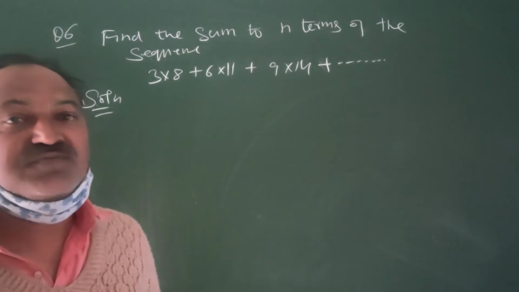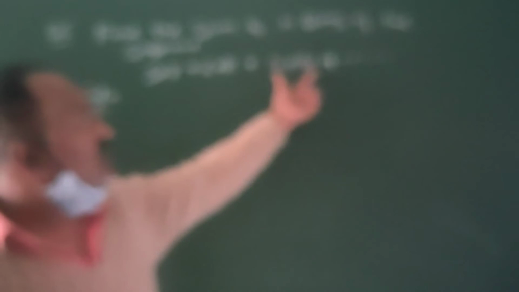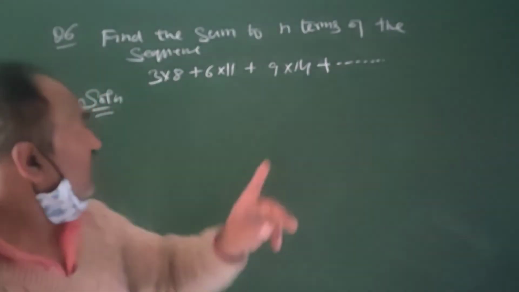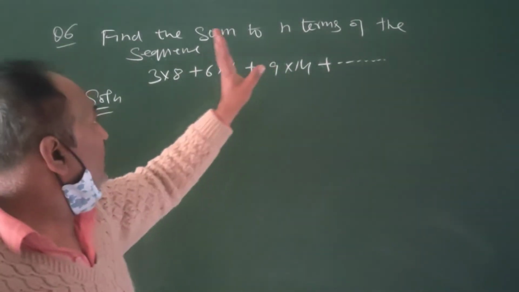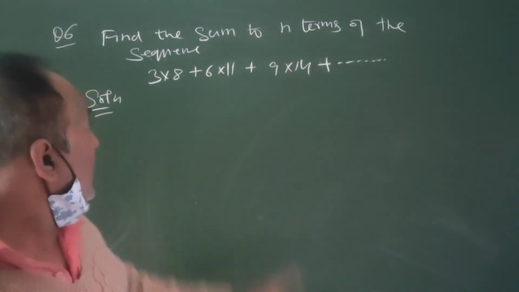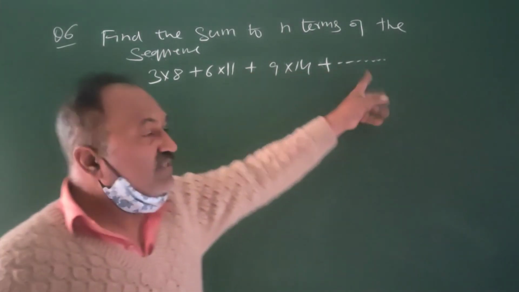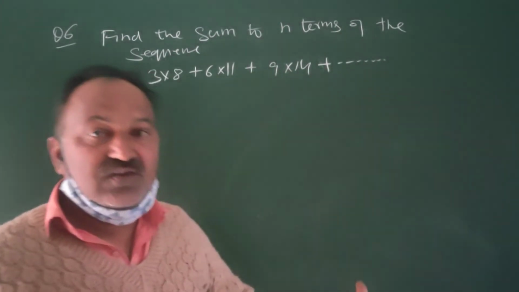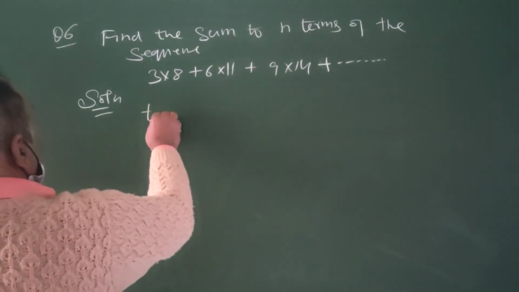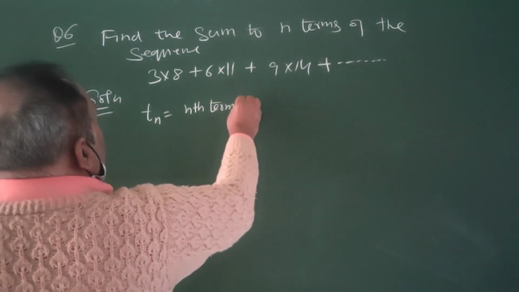So first of all, let us find the nth term of the sequence. The nth term of the sequence will contain two terms. First 3, 6 and 9, and so on. These first numbers are in AP. And the second numbers 8, 11 and 14, they are also in AP. Therefore, the nth term of this whole sequence, Tn, will be equal to the nth term of AP 3, 6, 9,